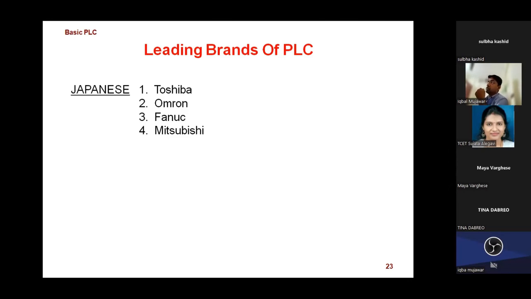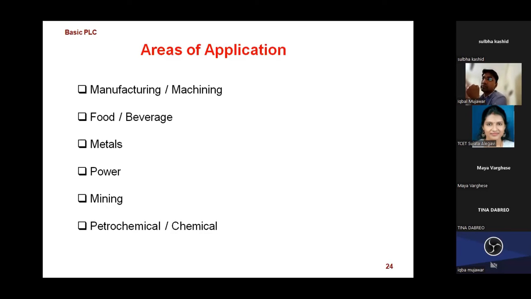Nowadays, lots of software and open source software are there. One open PLC we can use today also. That interconnectivity was not there. We could not connect other company software with another company's hardware. That kind of dependency was there previously, but nowadays we can interchange and connect any kind of PLC with any kind of software, and we can download and upload the code. And these are the brands.